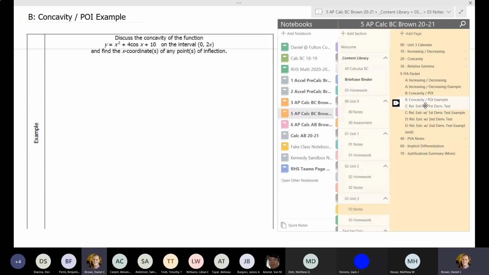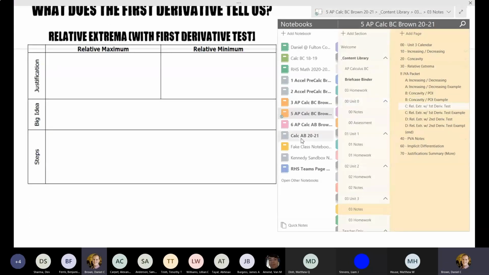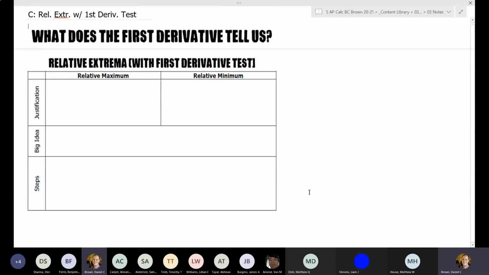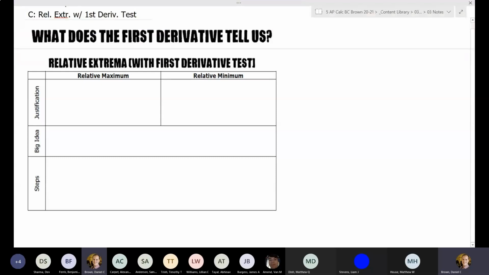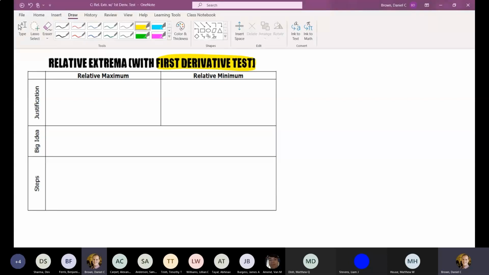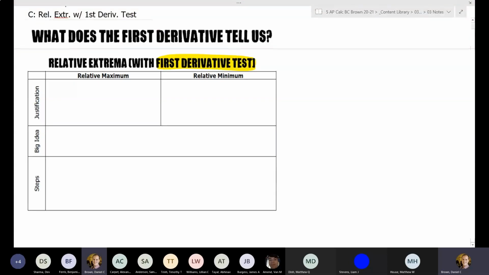I did want to spend some time, though, with relative extrema, just to make sure we understood how we justify relative extrema, and then we will look at these two examples. So in calculus, we have two ways to determine whether we have a relative minimum or a relative maximum. The first method, I think the one that's most intuitive to students, is what's called the first derivative test. And the first derivative test relates to sign changes